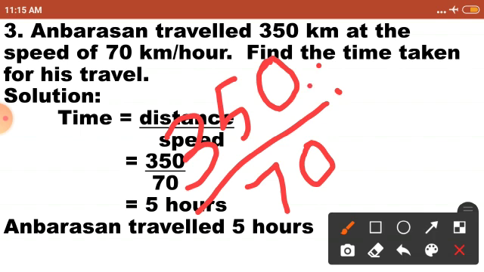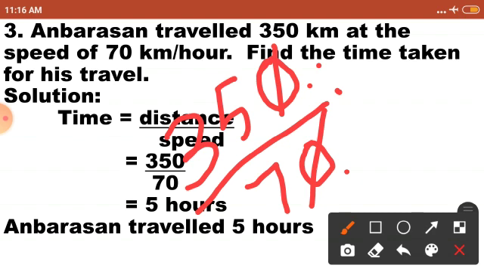Now see, the ones place of the numerator is 0. Likewise in the denominator the ones place is 0. So you can cancel both of the zeros. Now what you got? 35 in numerator's place divided by 7 in denominator's place. Now also you can cancel this 7, because 7 will be divided by 7.